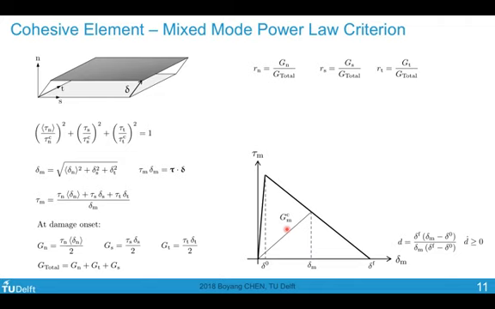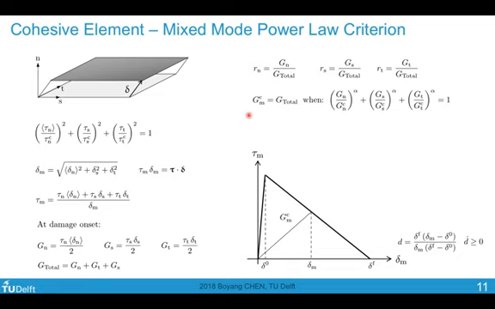Here I make some assumptions. One of the assumptions is that the mixed mode fracture toughness equals the total energy dissipation when this happens. When this is satisfied, we have a total failure. So this GNC would correspond to G1C, and GSC and GTC are the mode 2 and 3 critical fracture toughnesses respectively. We say that when fracture happens, which means the complete fracture, when this criteria is satisfied under mixed mode loading,